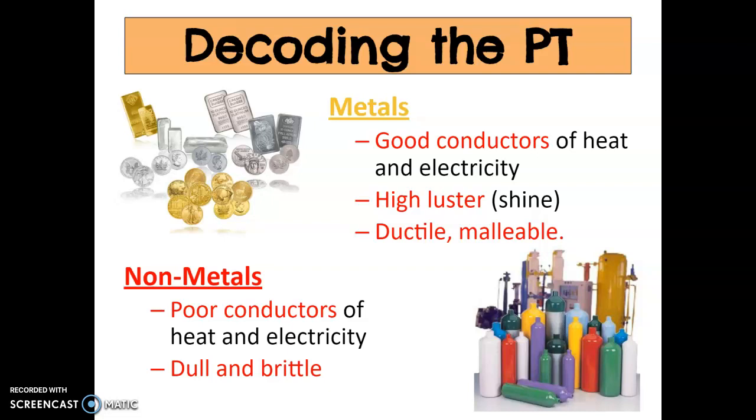And then ductility just means the ability basically to be molded into a wire shape. So think about copper wire. Copper is very ductile and we can turn it into a wire. So the non-metals, those yellow ones on the right-hand side of the table, are poor conductors of heat and electricity. They tend to be dull and brittle, and a lot of those exist as gases. If you think about hydrogen gas, oxygen gas, colorless, odorless, they're not really going to be